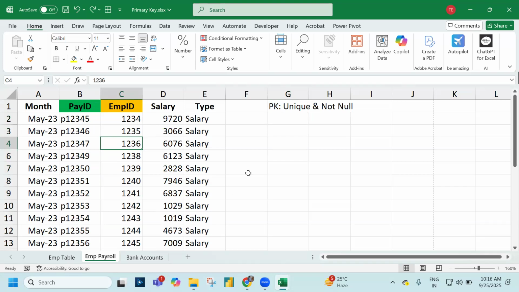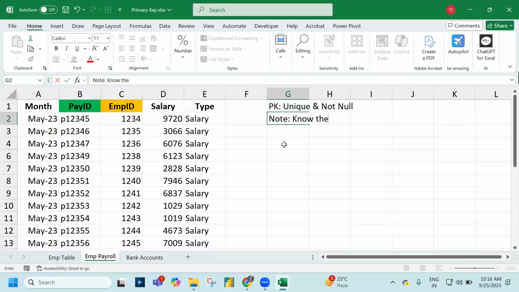But understand one very important thing. Whenever you want to call something a primary key, first of all, you need to know the table name. Know the table name first. Why do I need to know the table name first? Okay, here we go. If I'm looking at the payroll table, which means it is the employee payroll table, every month a payroll needs to be generated for all these employees, right? If it is a payroll table,